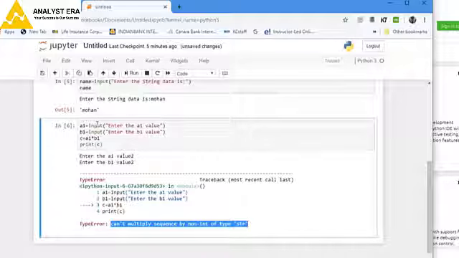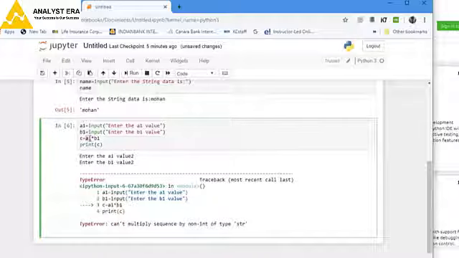The a1 and b1 variables from the input function are not taken as numbers, so we cannot do calculation through an operator, and the string type will not work. So we take int or float. This is the difference between int of input and the input function.